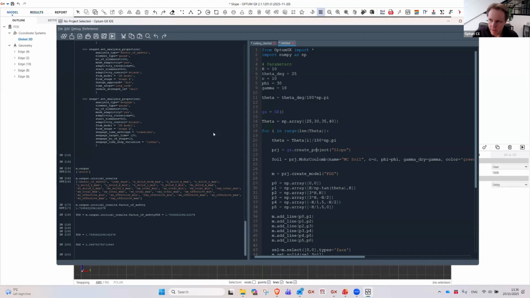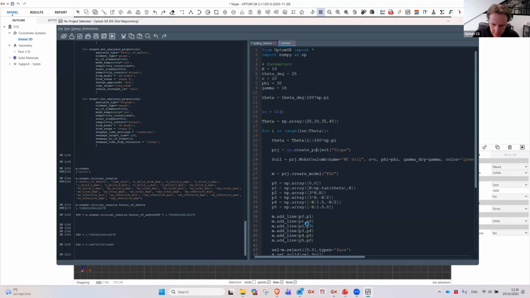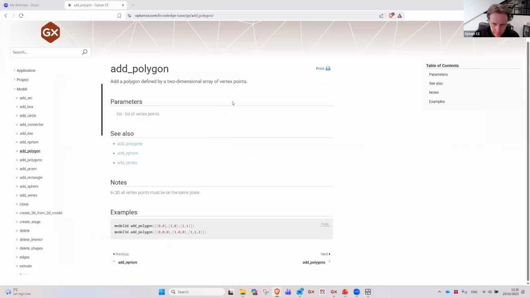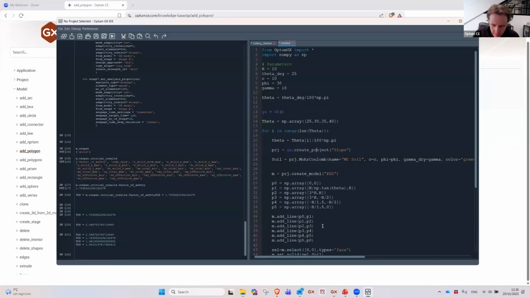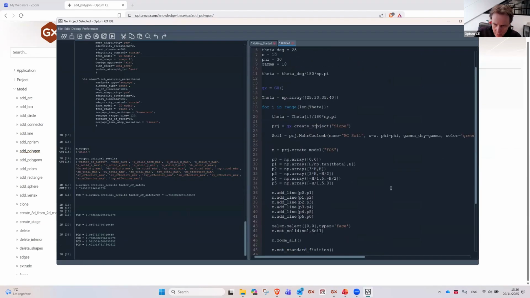Let's just see if that runs. And of course, every time you have a result, you would sort of want to collect those. I'm not sure why it doesn't print out over here, but maybe it comes right at the end. Yeah, okay, so it came right at the end. That's sort of a peculiarity of this IDE. So the factors of safety for, what was it, 25, 30, 35, and 40,